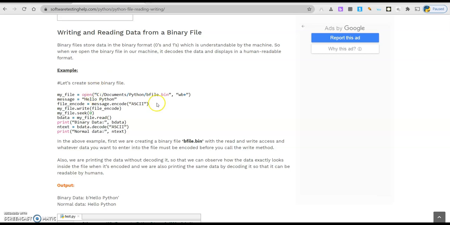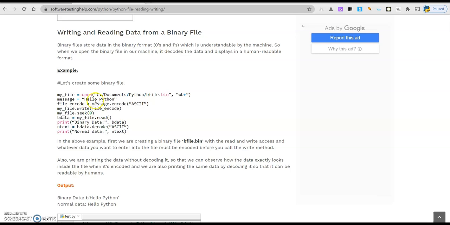For example, here I am opening a file with the .bin extension. It means it is a binary file. I have opened the binary file for writing purposes. If it is a binary file, you have to append the character b with the w. Plus means I am going to perform the operation of read and write. Write means that if the file exists, the data present in the file gets erased and new data will be written into the file.